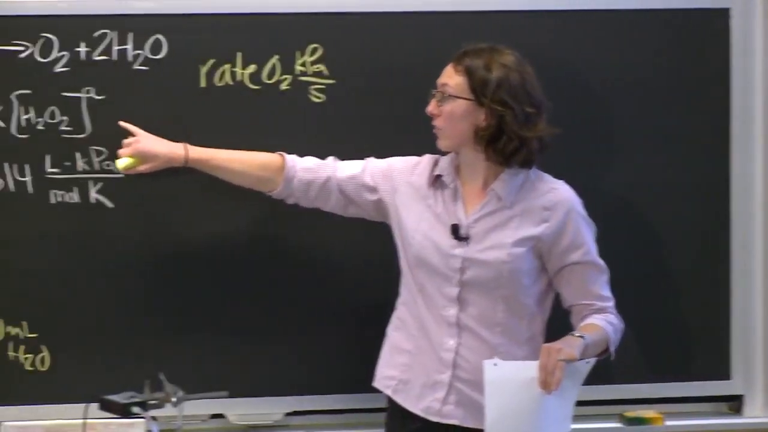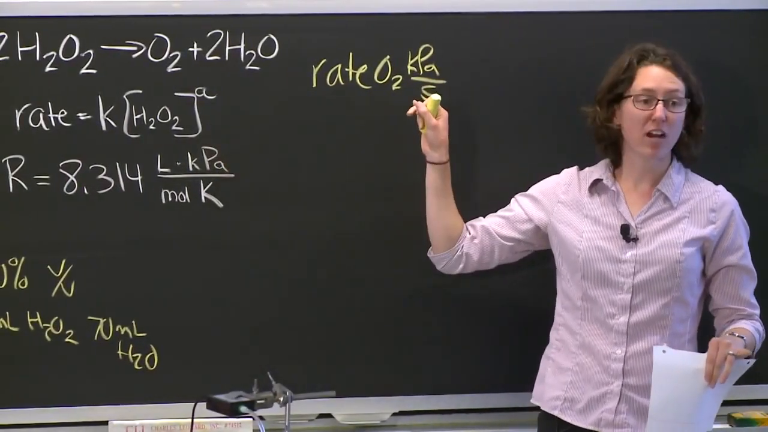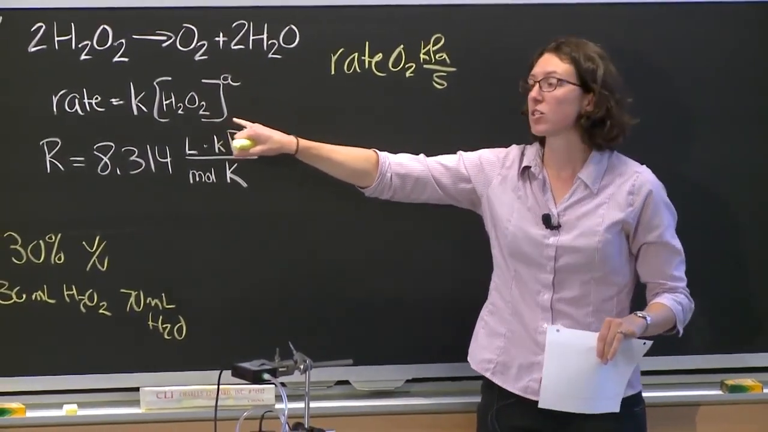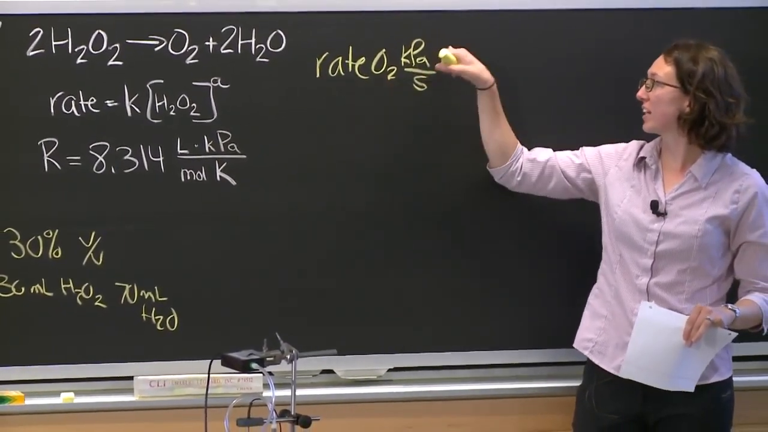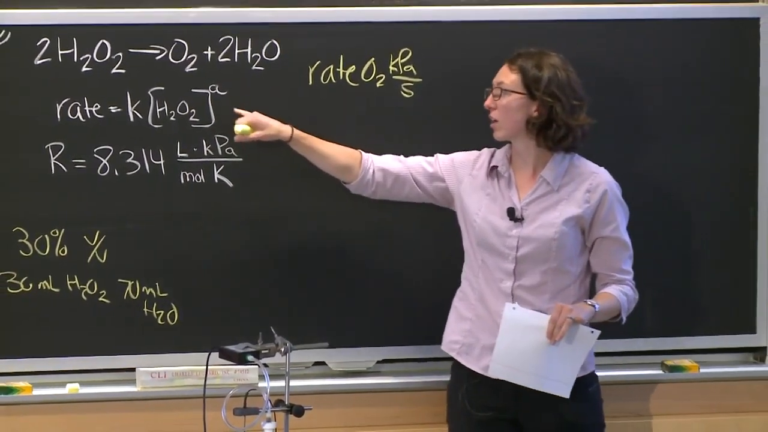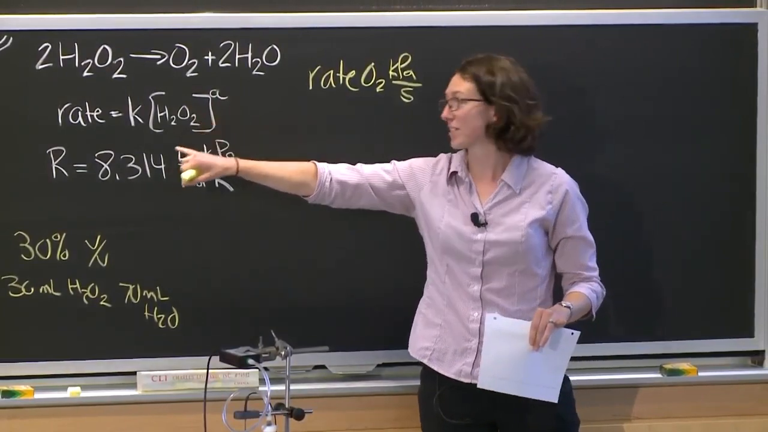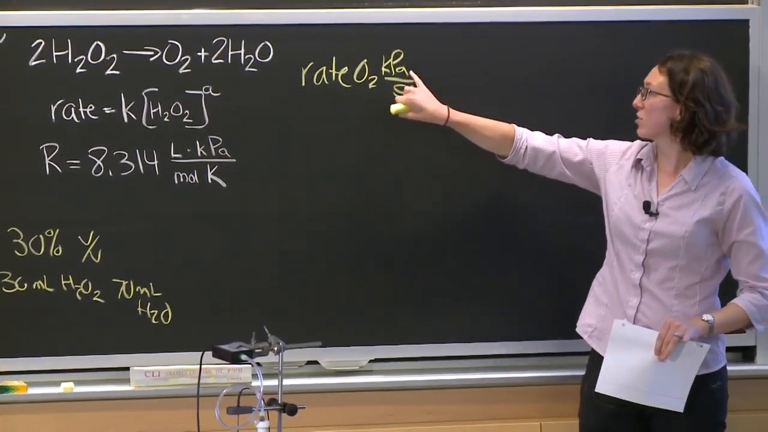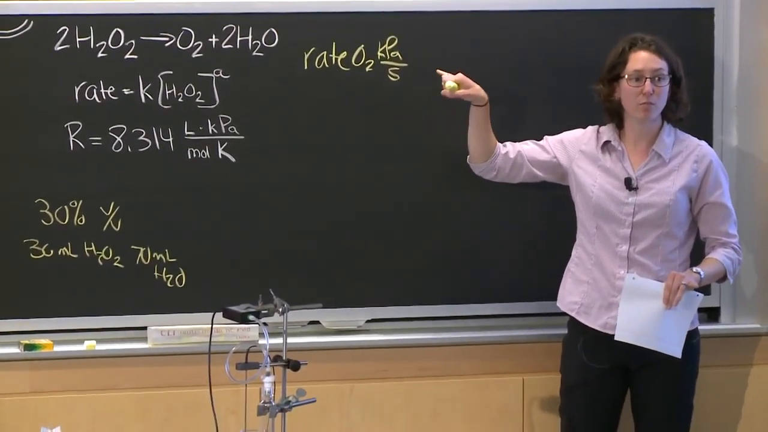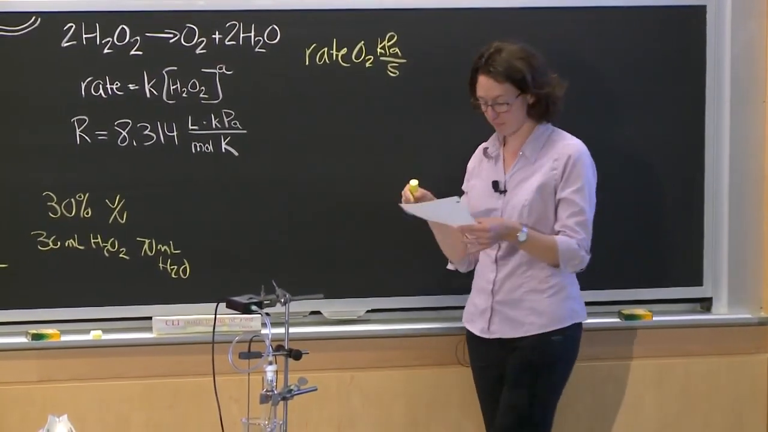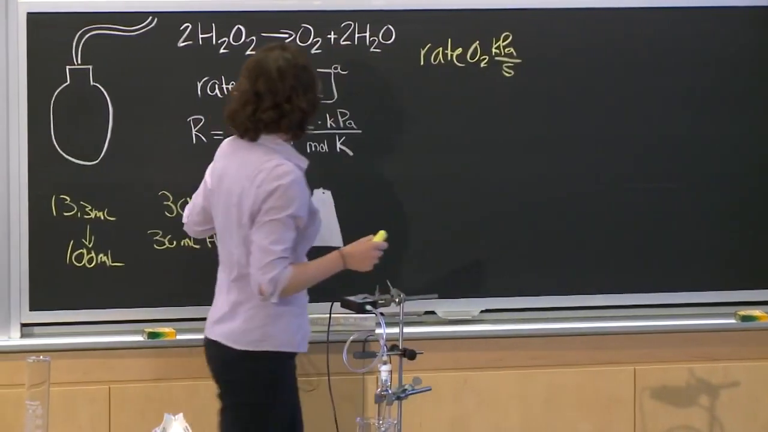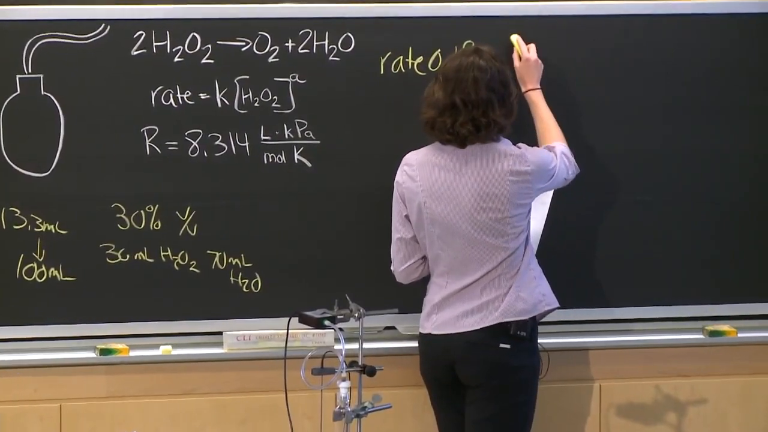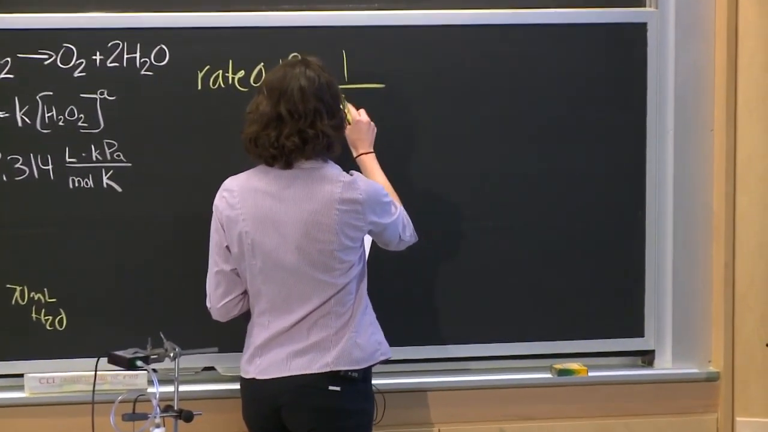take a look at our rate law. And we have our rate of oxygen formation, but what's in our rate law? Hydrogen peroxide. So we need to find a way to go from oxygen in kilopascals per second to moles per liter per second of hydrogen peroxide. So the first way that we're going to do that is to go from kilopascals per second here to molarity of oxygen. And we can do that using our gas constant here. So if you divide by the gas constant, multiplied by 1 over 8.314